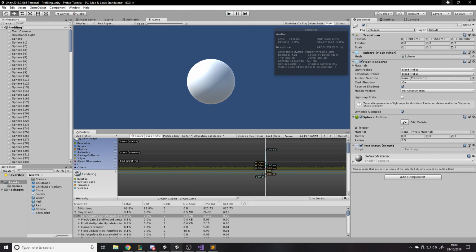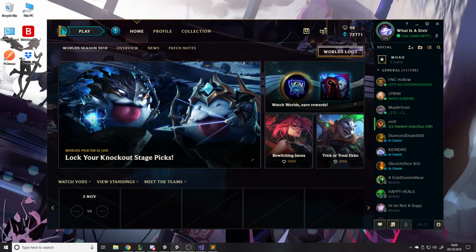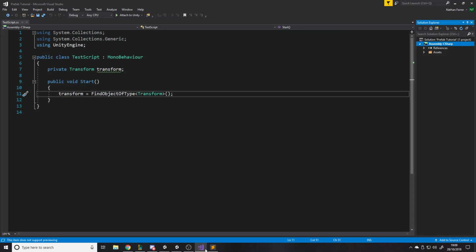Obviously, it can return early, I guess, so it's got a best case scenario. But it's still not great. So find object of type should be rarely used, if at all. It's okay in initialization maybe. When you load a scene, you're already on a loading screen. That might be part of the loading. But if possible, the worst case scenario without this is having a public field and just dragging it in the